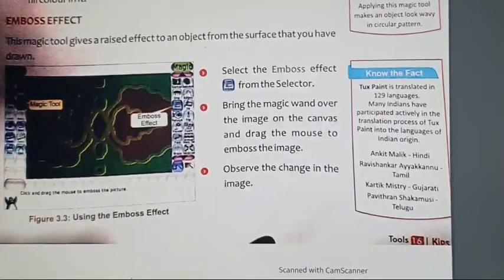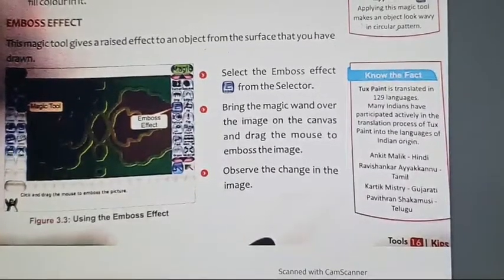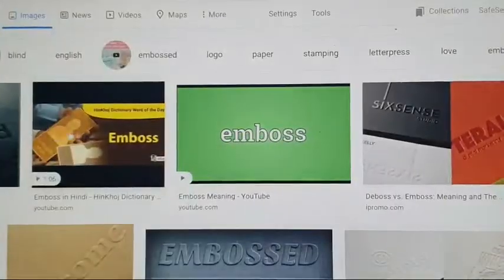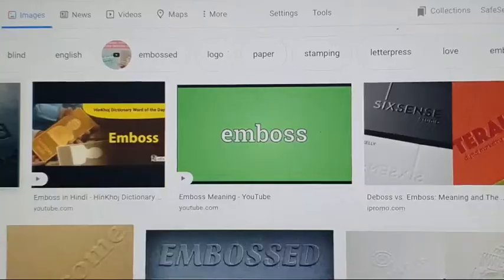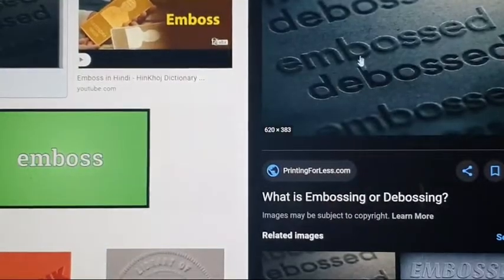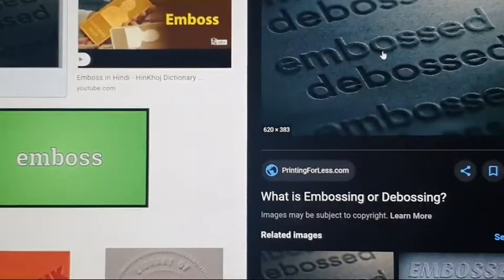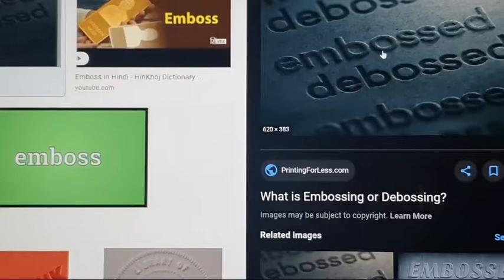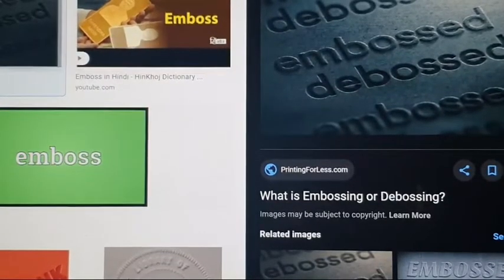The emboss effect is a raised effect. We can see more pictures of emboss effect. See, this is emboss effect. We can see this picture. We can see the words something raised. This is called emboss effect.